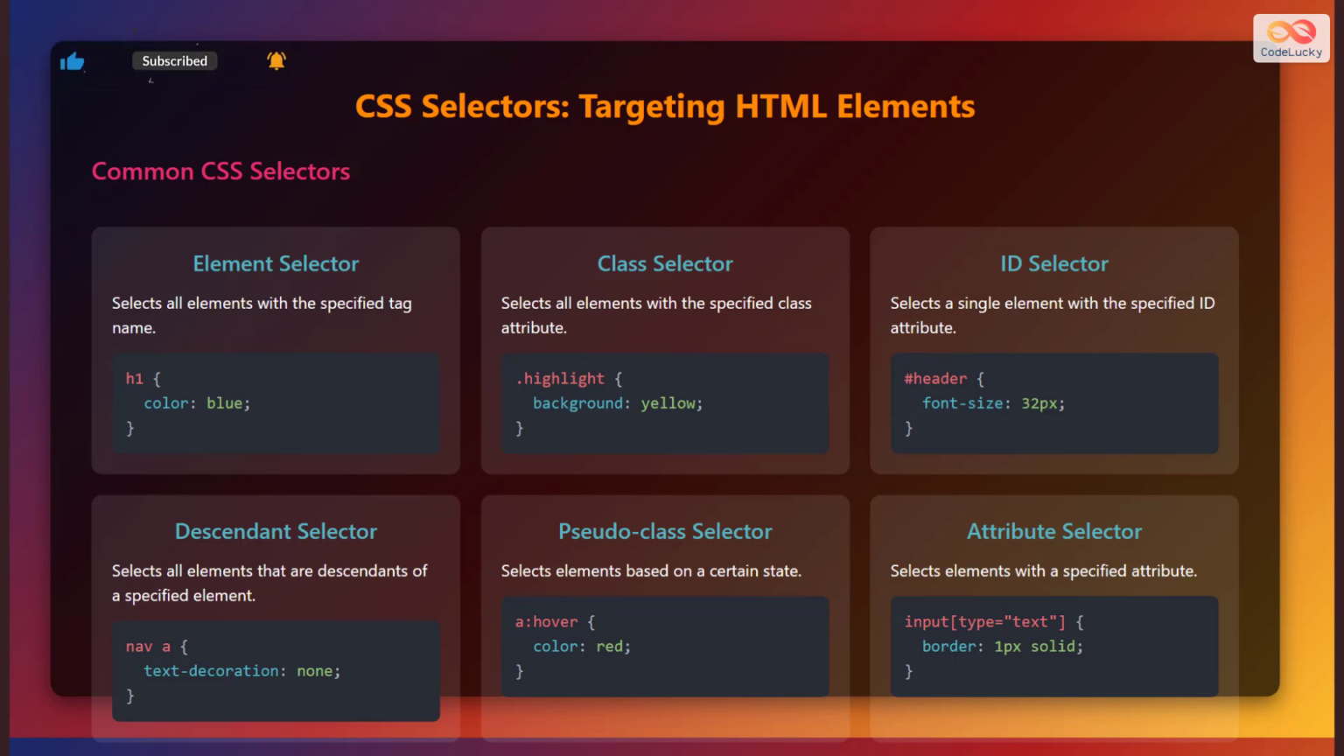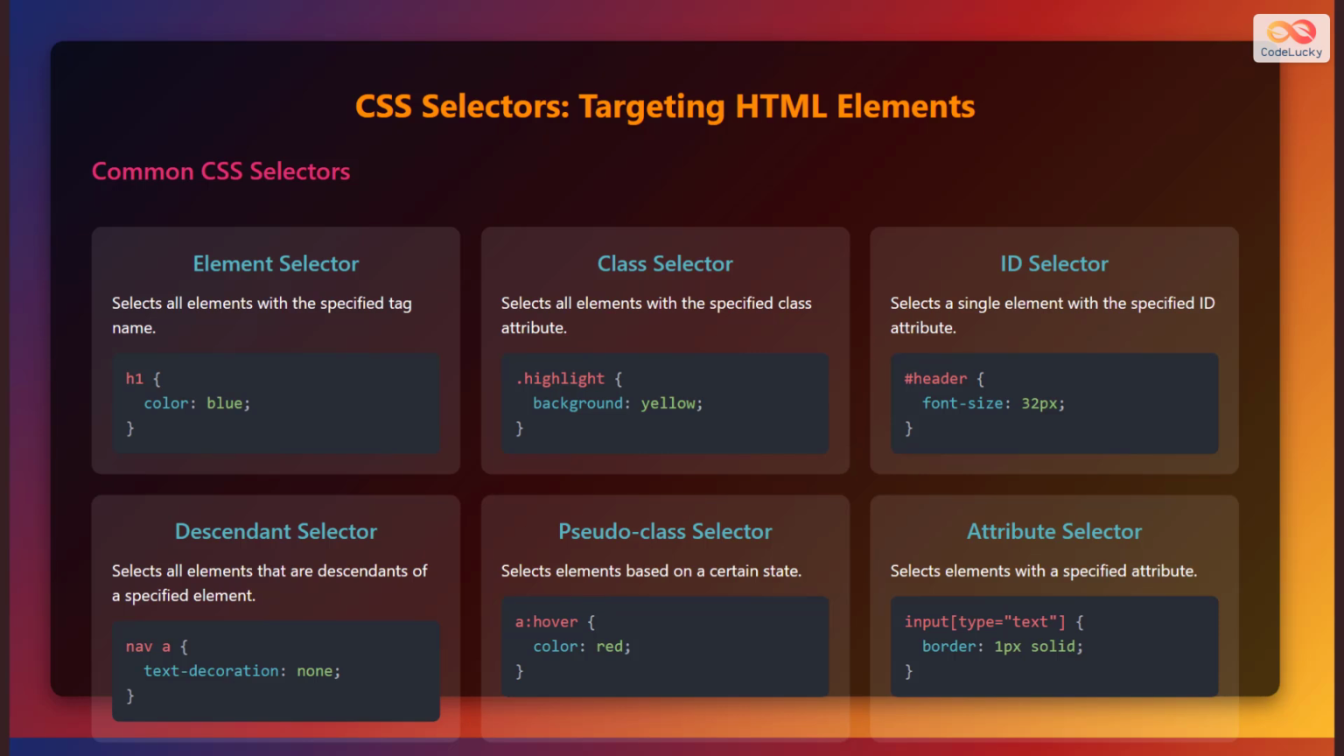Second, the class selector, which selects HTML elements with a specific class attribute. For example, the code block shows how to select all elements with the class highlight and set their background color to yellow. Third, the ID selector, which selects the HTML element with a specific ID attribute. For example, the code block shows how to select the element with the ID header and set its font size